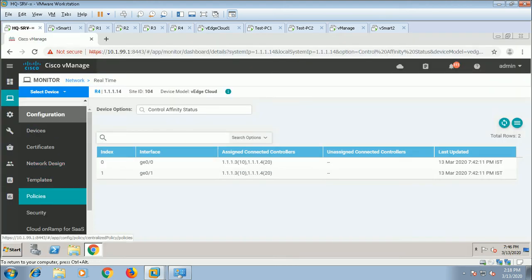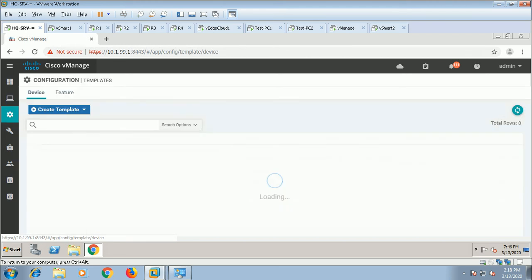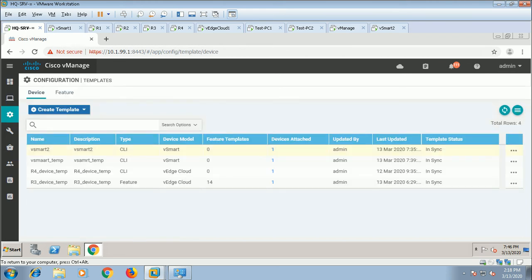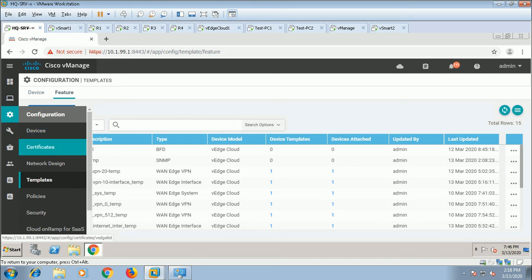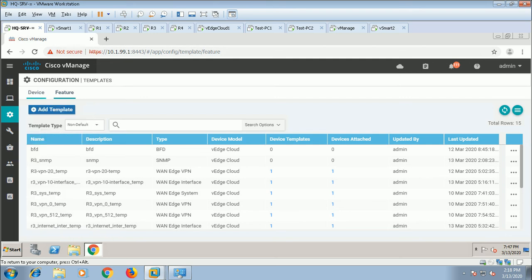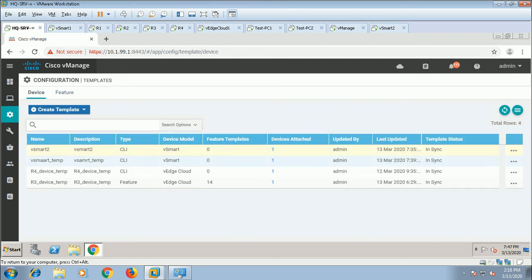So go to CLI, go to template, go to R4 feature template, no, I'm sorry, this is only using CLI. Go back, all device, go to R4,